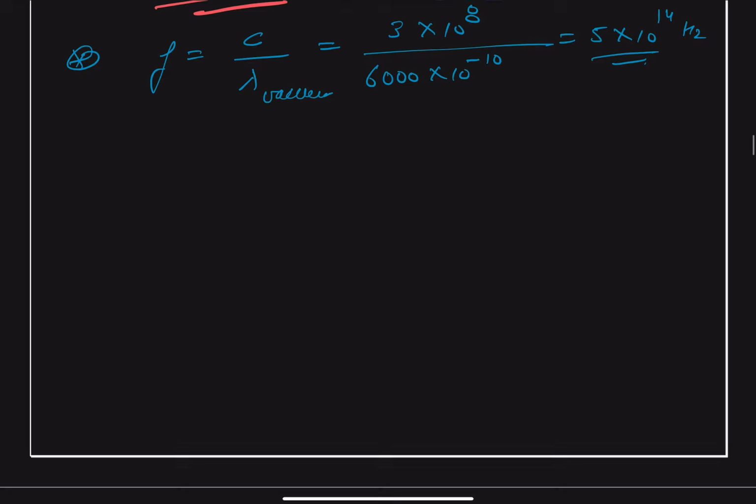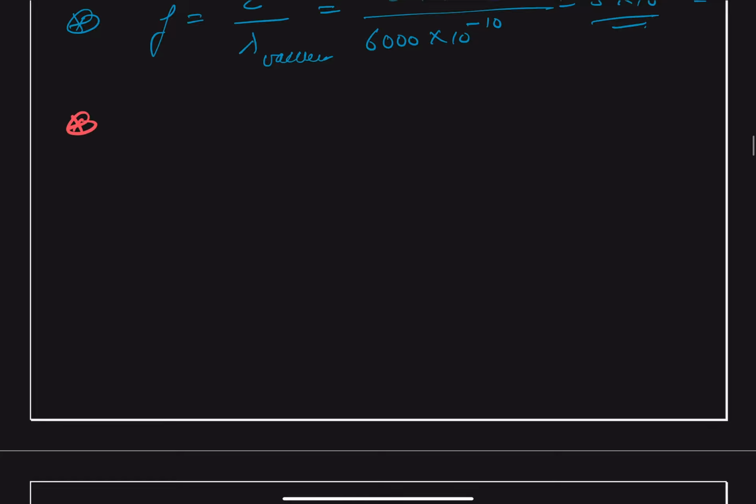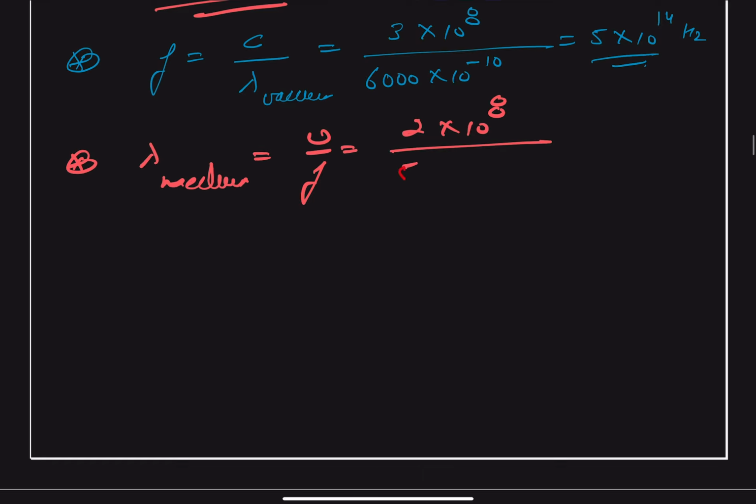Now we can find out the wavelength in the medium, because the frequency is going to remain the same whether it is in vacuum or in the medium. So this gives us that the lambda in the medium will be equal to v upon f. Velocity we already found out is 2 into 10 to the power 8, and frequency is 5 into 10 to the power 14. So this gives us that the wavelength in the medium will be equal to 4 into 10 to the power minus 7 meters,